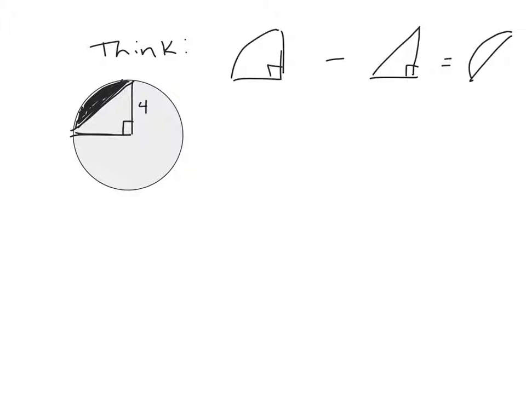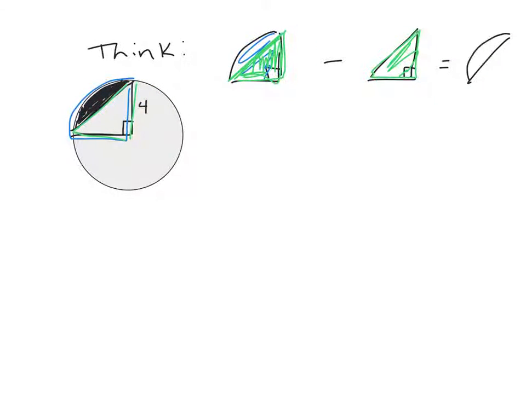And maybe you thought, okay, I can find the area of the whole circle, and that's actually a good place to start. But I'm going to propose that we don't even need the whole circle. If you just look at the top left corner, I'm going to propose that if we can find the area of the quarter of the circle that we see there, and then we can find the area of the triangle that is not shaded, that triangle is within my other one, this piece. And the difference between those two is